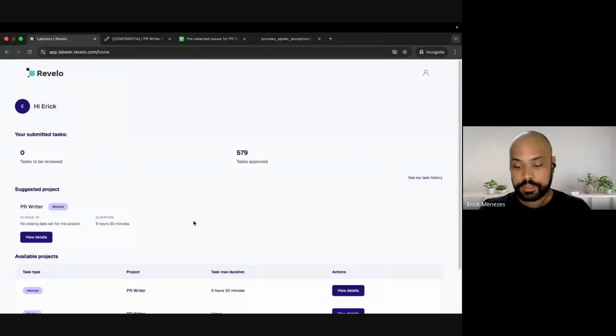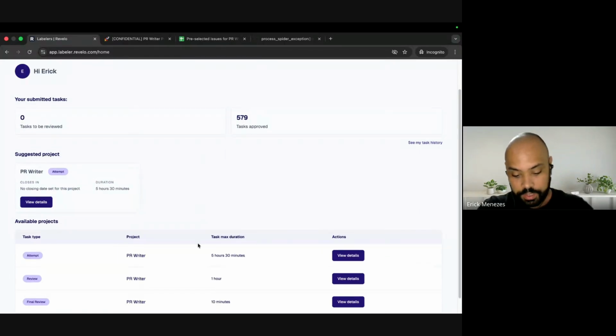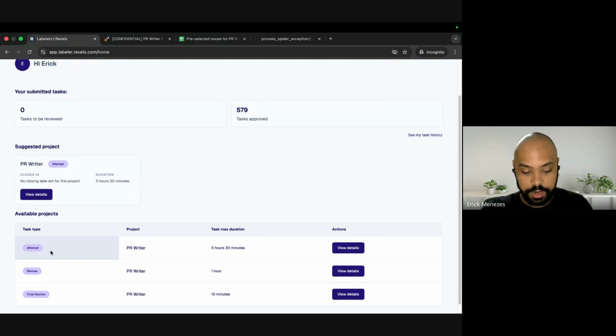So this is the Revelo platform that you'll be using to take your tasks. I'm already logged in. You will log in with your email, your Gmail, Hotmail, whatever you choose here at Revelo, and you will be added to a project. You will have this attempt type, task attempt, PR Writer project.